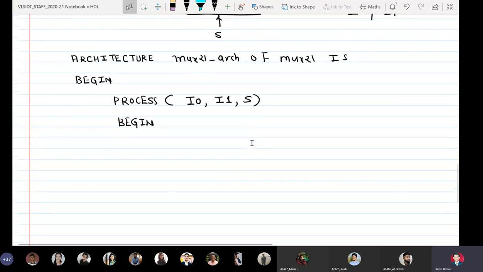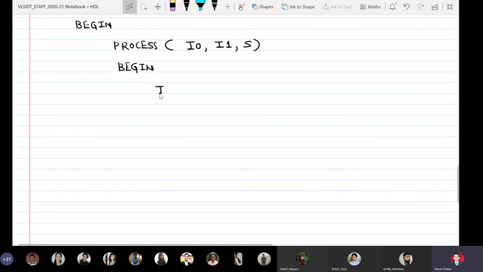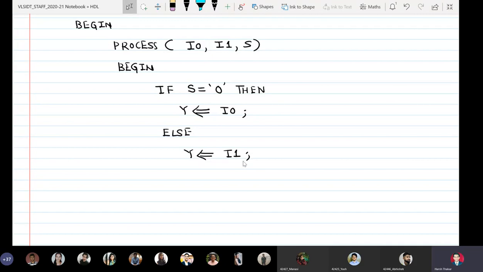Process begin. Here we'll write down if select line S is equal to single tick 0, then output Y is assigned I0 semicolon, else Y is assigned I1 semicolon, end if, end process, and end architecture.